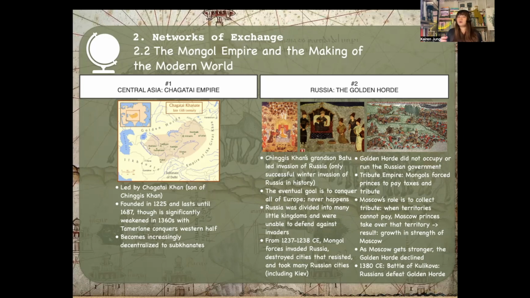including Kiev. The Golden Horde did not occupy or run the Russian government, and the tribute empire was formed, where Mongols forced princes to pay taxes and tribute. Moscow's role was to collect tribute. When the territories could not pay, the Moscow princes simply took over that territory. The result was a growth in strength of Moscow, and what happens with centralization? You have a government becoming more powerful, amassing power, and governance and administration becoming more and more effective. Moscow got stronger, the Golden Horde declined, and in 1380 CE, in the Battle of Kulikovo, the Russians defeated the